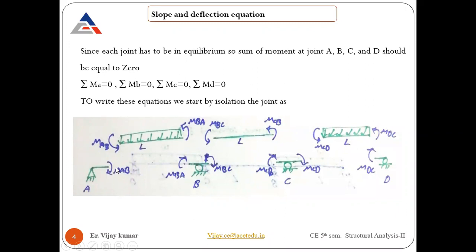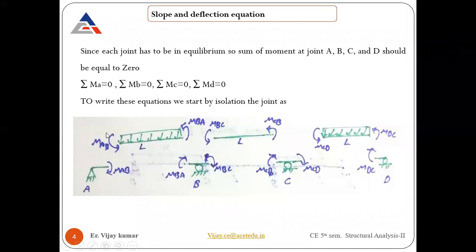Every time, as we have seen in the static indeterminacy case, once you cut the section on either side, you have to balance the forces. Likewise here, you need to apply a moment in the opposite direction. Ultimately their sum should be equal to 0. That is static equilibrium. You need to maintain that.